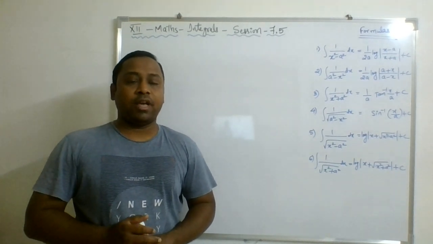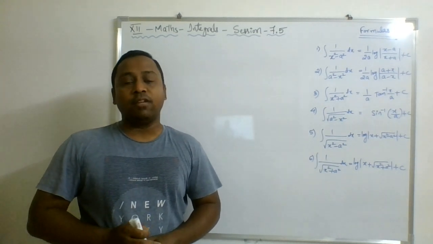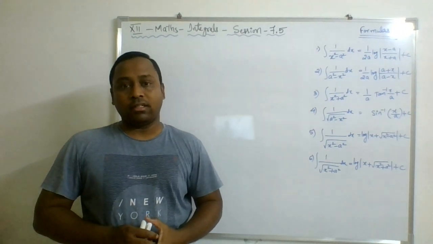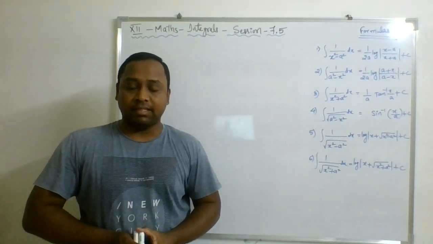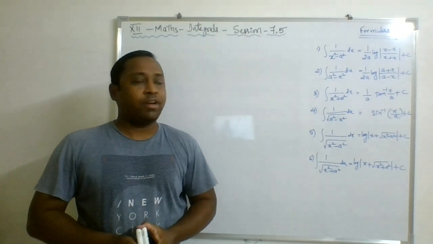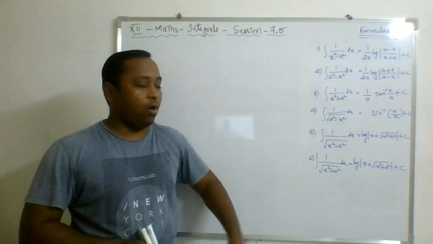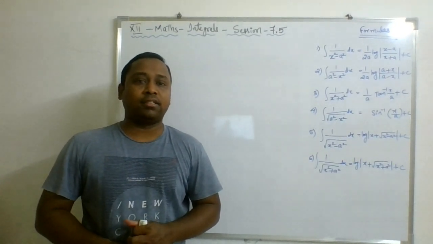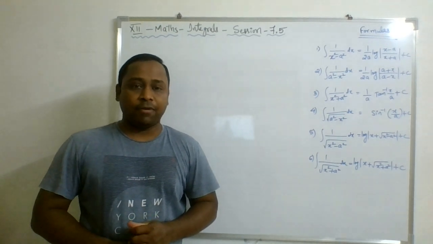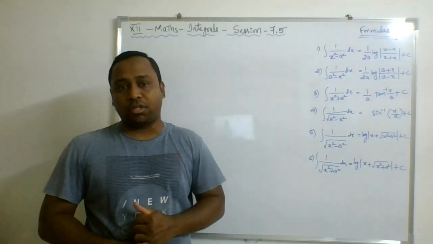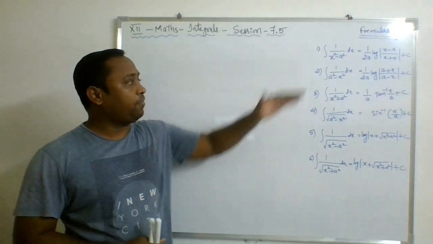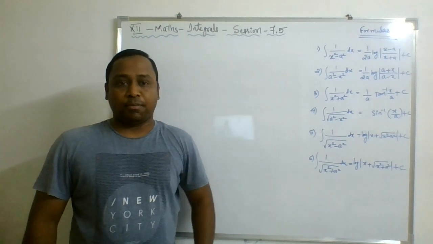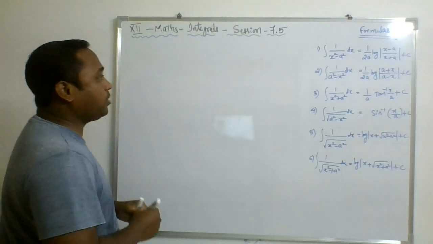In this session 5, we are going to understand the 6 important formulas and their derivation, based on which you can start the 7.4 exercise from NCERT. Right? So first we'll go with the derivation of the 6 formulas one after the other by using the substitution technique, which you have already studied in the last session. Apart from that, we are going to use some partial fraction method for the first two formulas, and for the rest four formulas we will go for the substitution technique. So let's have a discussion on that.